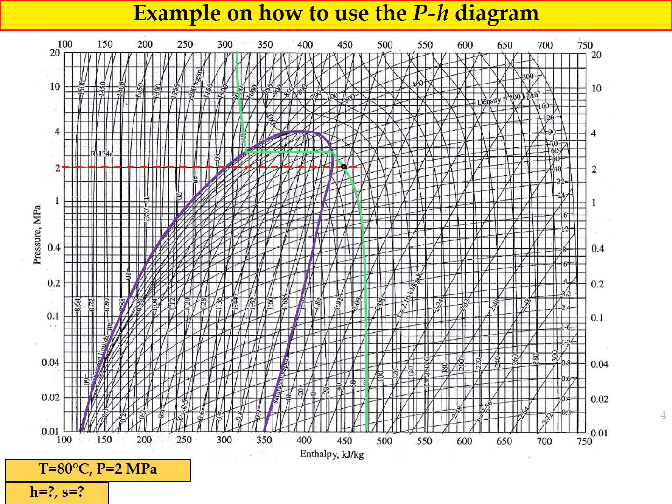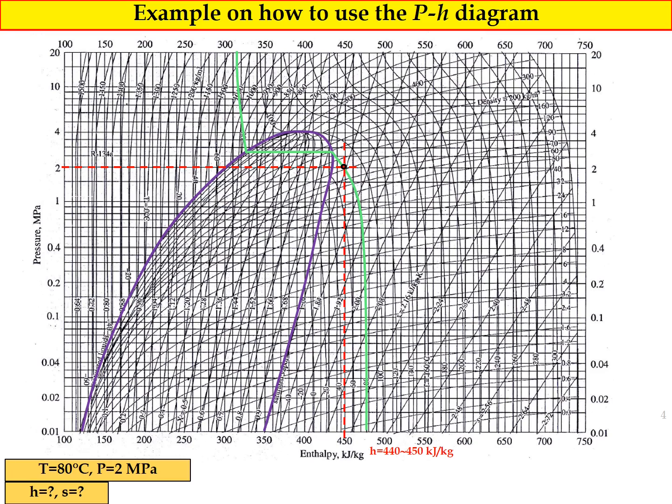In order to obtain the enthalpy value, we just draw through the intersection point the vertical line crossing the enthalpy axis, and from this line we can obtain the value of enthalpy. So the value of enthalpy for this case will be in between 440 to 450 kJ per kg. Okay,